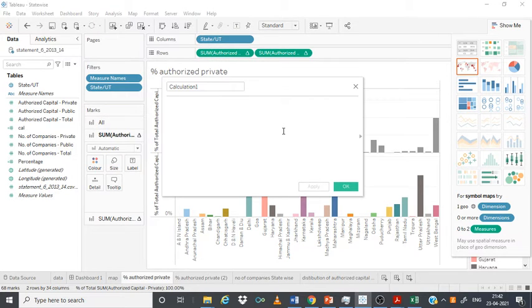For example, if I have to calculate sum of authorized capital private, then I close this bracket, divided by sum of authorized capital total.